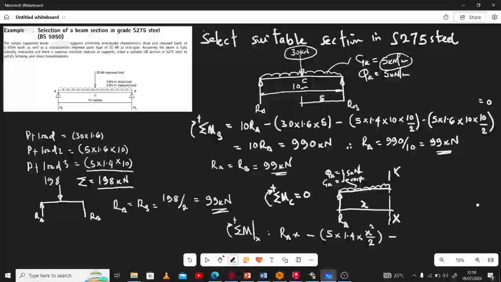The same thing happens for the other one, but for the fact that it's an imposed load this time around, multiplied by x squared over 2. So with this that we have done,